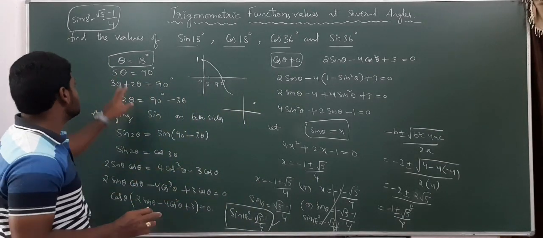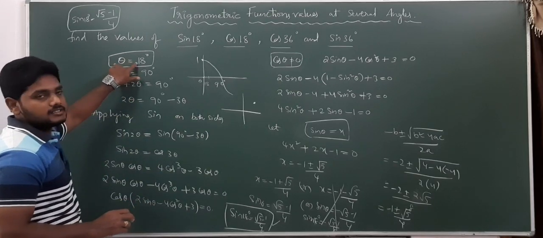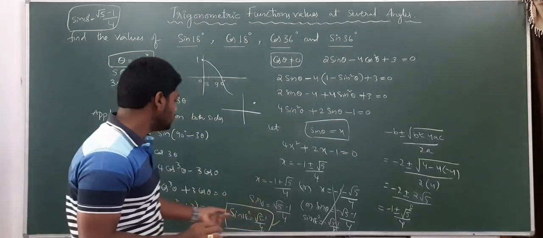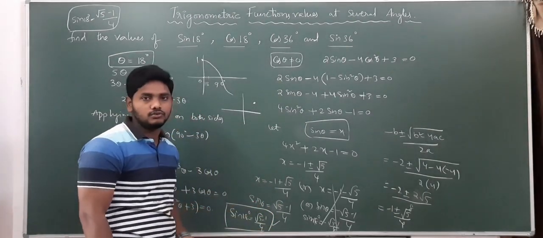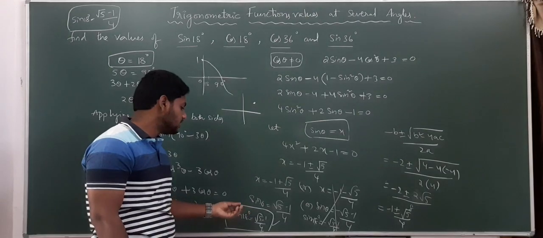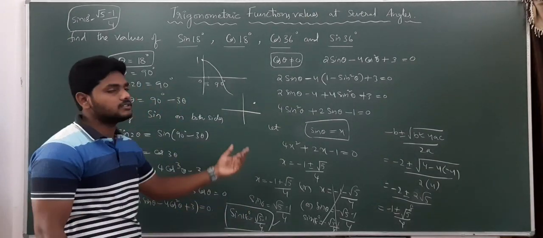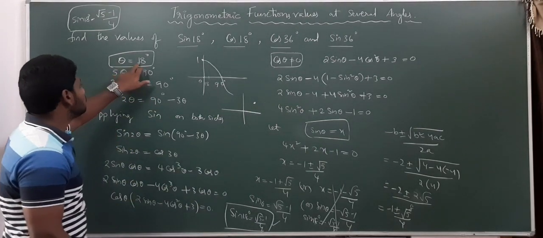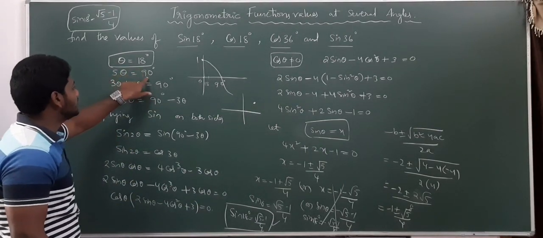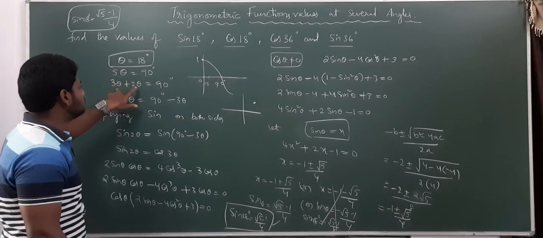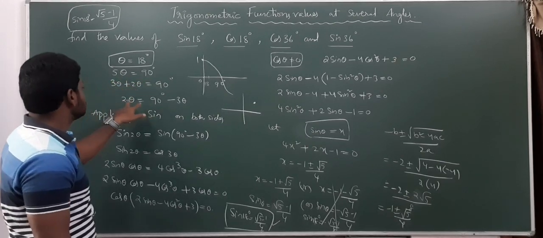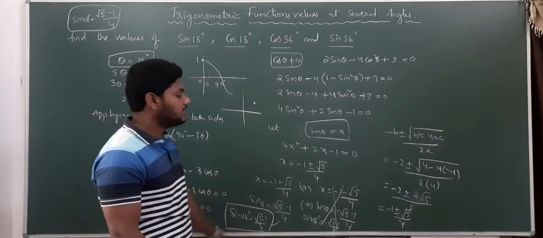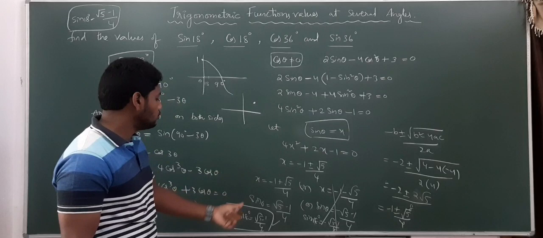Did you understand how to do it? First of all, consider theta equal to 18 degrees. They won't ask this proof anywhere, but you need to remember why sin 18 degrees is equal to (root 5 minus 1) by 4. If you forget this value, within a minute you can solve this if you practice well or remember the procedure well. For theta equal to 18 degrees, 5 times theta is 90 degrees. So you split that into 3 theta plus 2 theta. Then for 2 theta you apply sine, you simplify this, and you will get sin 18 degrees. Right? So pause the video to note it down.